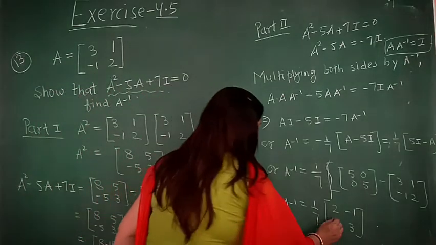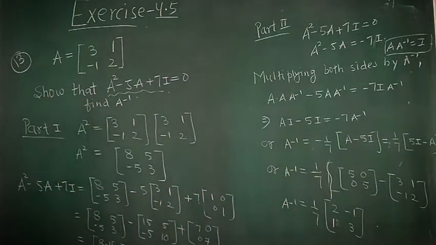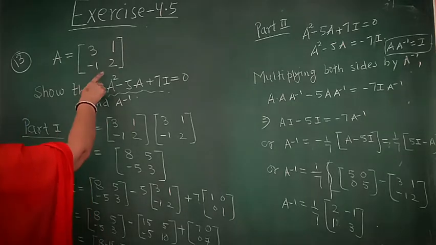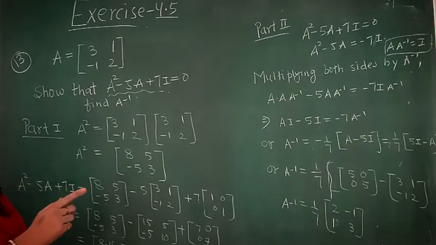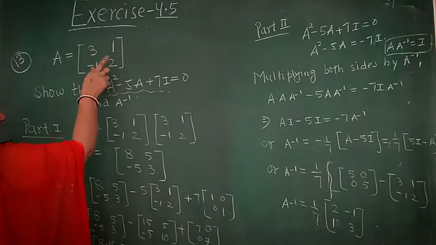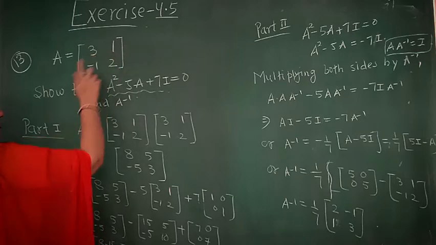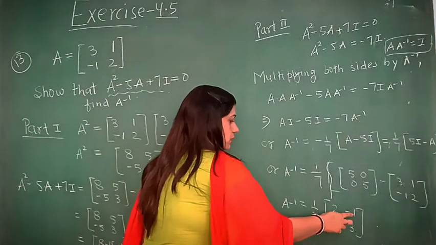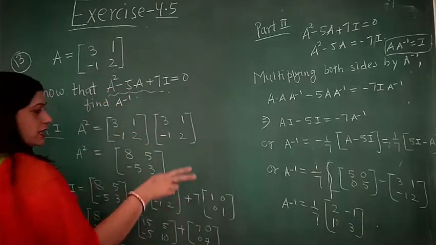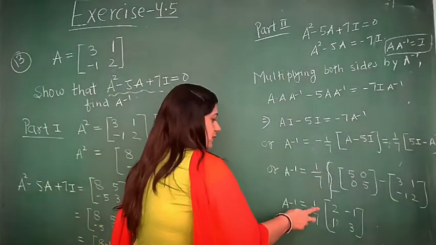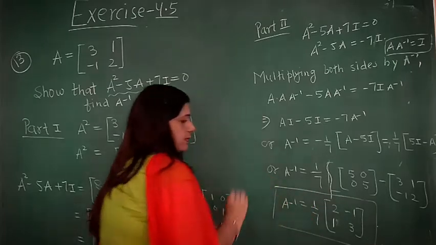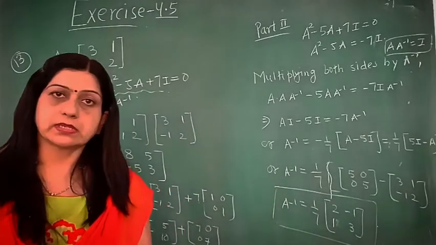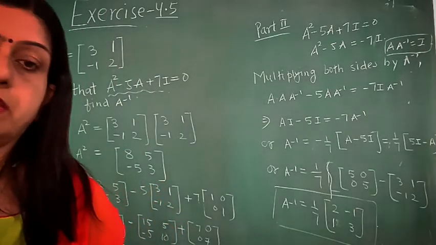You can also cross check from the given determinant. As you know, if you want to find the inverse of this 2 cross 2 determinant, that means you are finding the adjoint by interchanging the diagonal elements and changing the sign of the non-diagonal elements, and multiplying by 1 upon the value of the determinant. So we have cross checked by the usual method also. Is it clear to you all? Yes.